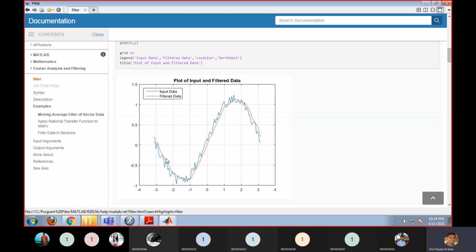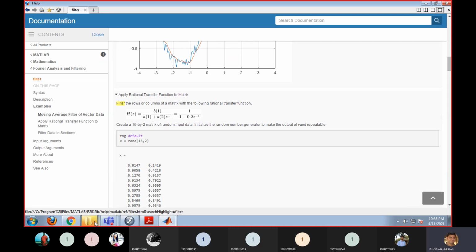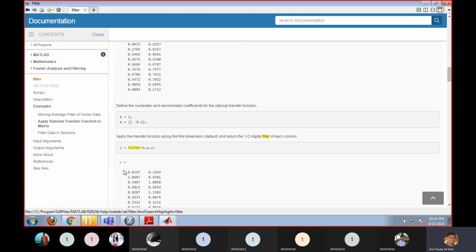Low pass filtering means it passes low frequency signals and removes all the high frequency noise. The same thing we are doing here: developing one system which can pass my information signal. You can see the same thing here.